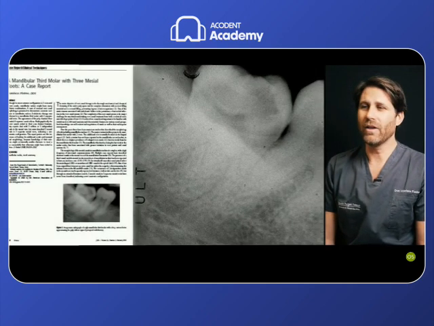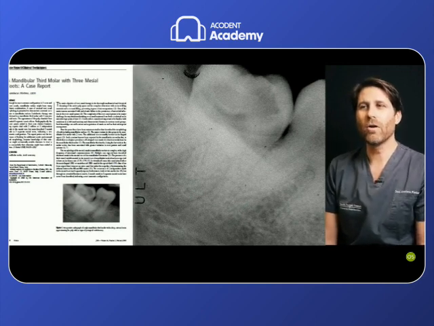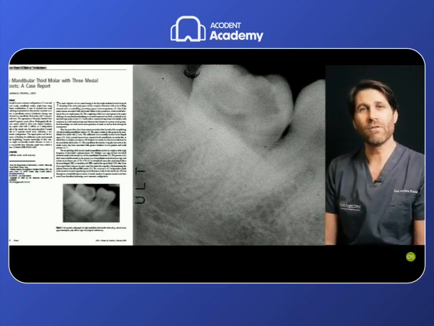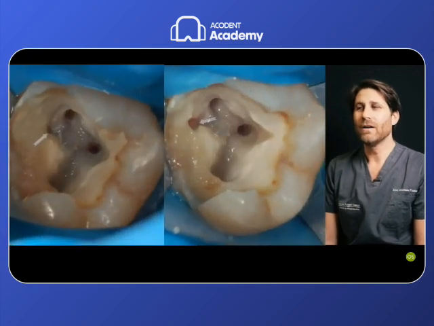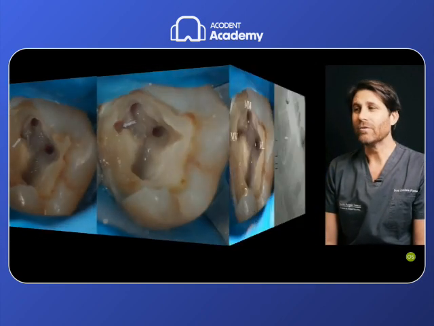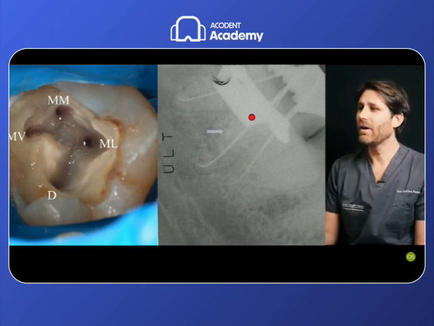This is a case that I published in 2008 of a mandibular third molar with 3 mesial root canals, a case report published in the Journal of Endodontics. And in this case, at that time, using rotary files, I found 3 separate roots in the mesial portion of the tooth, and 3 separate root canals, and I established the glide path with manual stainless steel files up to the terminus.